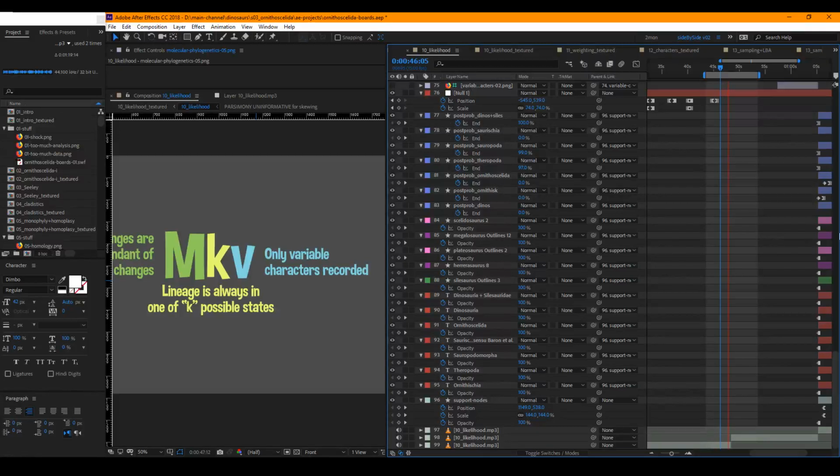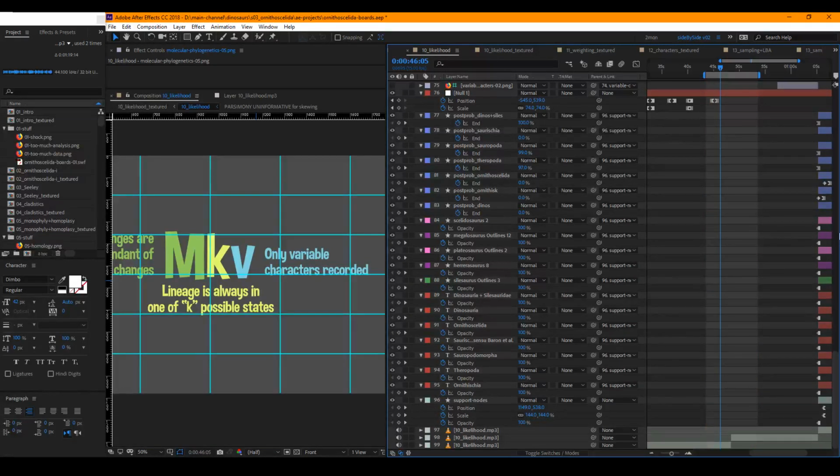Likelihood, called MKV, the condition is that workers only recorded characters which varied between taxa struggles with. Oh, so